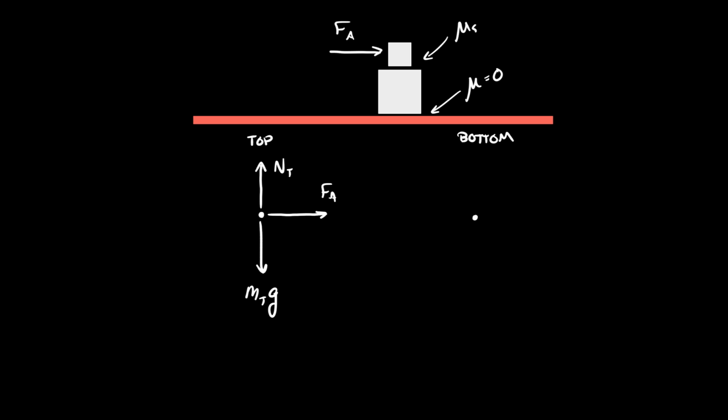Here you need to be careful. Friction tries to prevent one surface from sliding past the other. So we need to make sure that we understand that friction on the top box has got to be in this direction. And it's static friction. I'm trying to prevent the box from sliding to the right. That means there must be a force to the left.